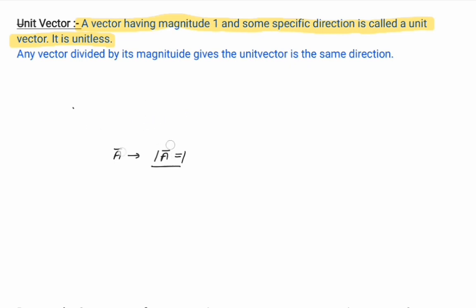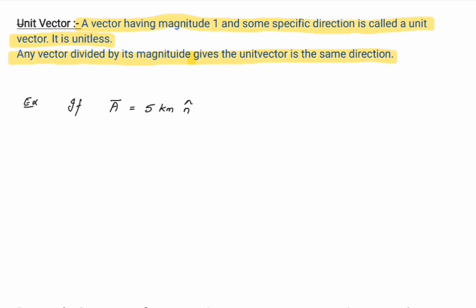How to find the unit vector from the given vector? Just read it. Any vector divided by its magnitude gives the unit vector in the same direction. Let's take an example. There is a vector A whose magnitude is 5, in some direction indicated by n cap. And it is asked, what is the unit vector